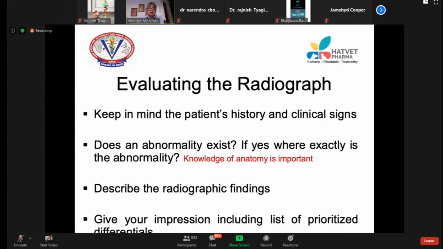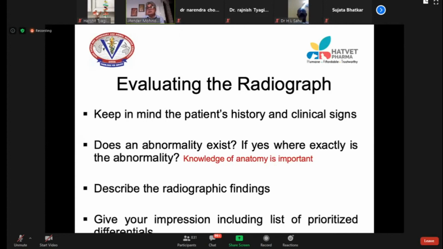But if the dog does not have any such history, my first differential will be ascites. Although I will write ascites, peritonitis, hematuria, hemoperitoneum. Suppose I get a dog with fever and I do a blood test and get a high TLC, and I take a radiograph of the abdomen and see that there is fluid. My first differential will be peritonitis. Then second, ascites. Third will be hemoperitoneum. This will prioritize our differential.